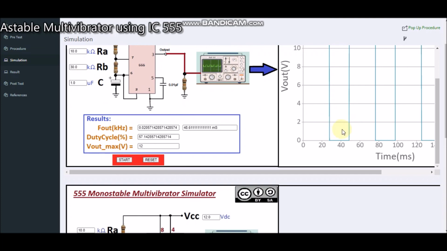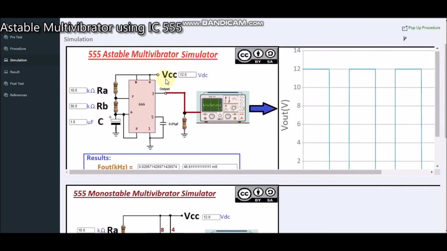You can observe now the off time is increased, and the total time, if I see from this one, this is 27.9, you can say approximately the on time, and the total time period is coming out to be 48 point something. Okay, that we can verify through this one. So 48.6 it is coming, and the duty cycle is 57.14. That you need to verify theoretically by doing the calculation with the given formula. So in this way we can carry out the astable multivibrator in the virtual environment by taking different values.